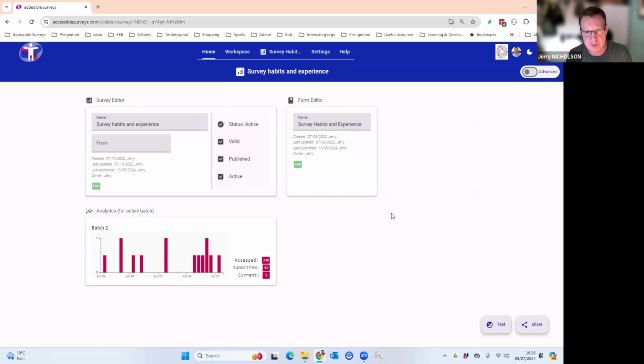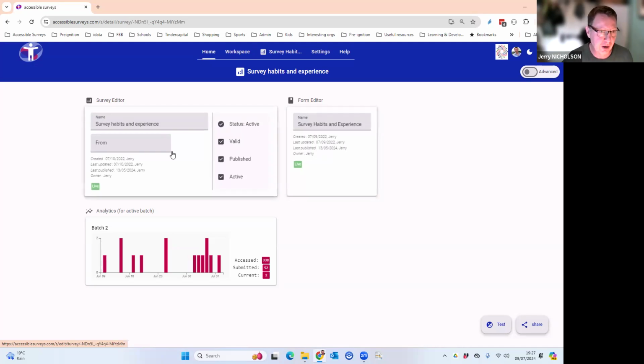On Accessible Surveys, there's 3 main elements to a survey. There's a form, and a form is where you decide the questions that you want to ask, and it's where you would apply the language and the accessibility settings. The majority of the work in creating a survey happens within the form editor.